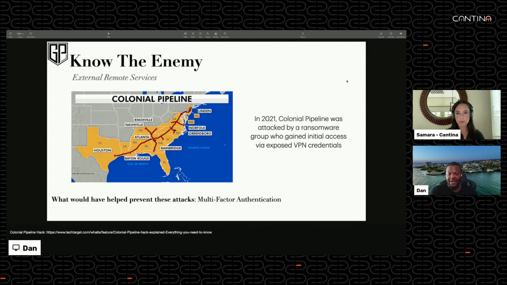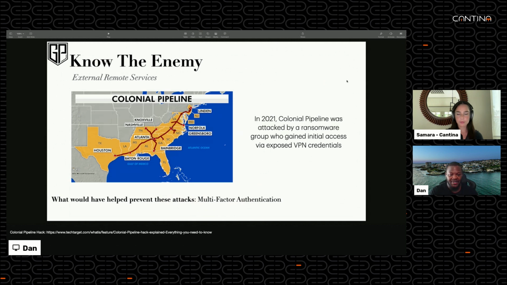In 2021, Colonial Pipeline was attacked by a ransomware group. They gained access to VPN credentials. So there were sort of two parts. Somewhere they found exposed credentials to that VPN, and either that user was active, maybe they weren't active, but they certainly didn't have multi-factor authentication, and a group was able to use those credentials to gain access to that VPN and then wreak havoc on the Colonial Pipeline, which resulted in that pipeline, I think, for some period of time